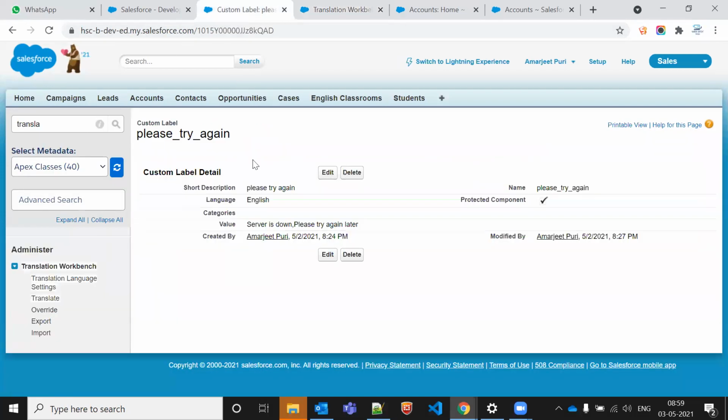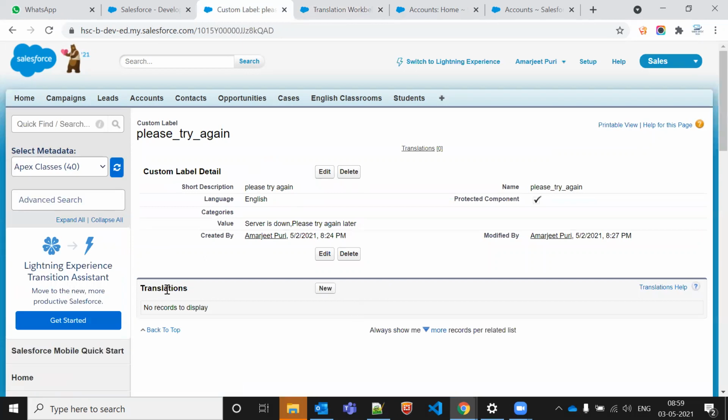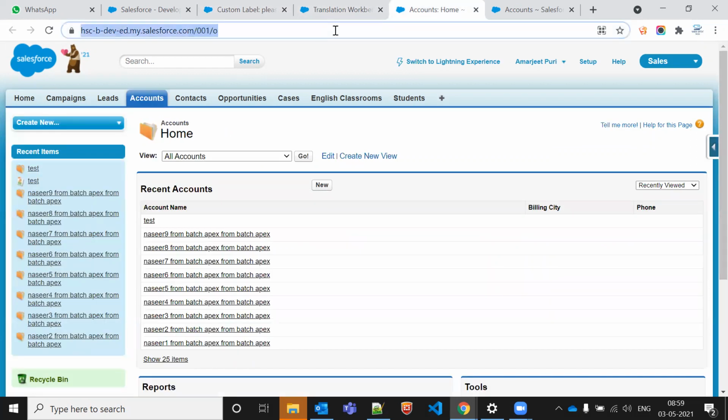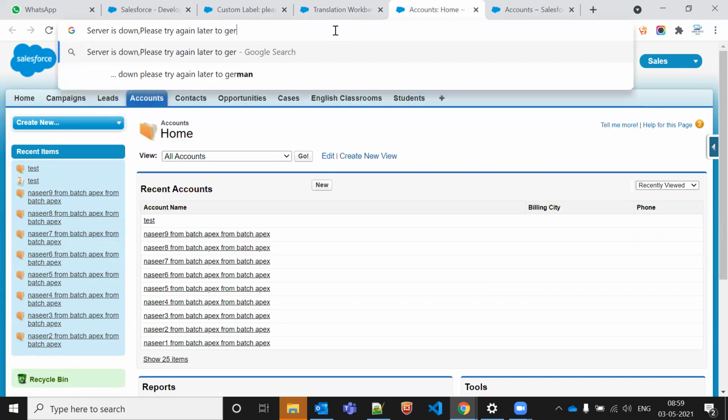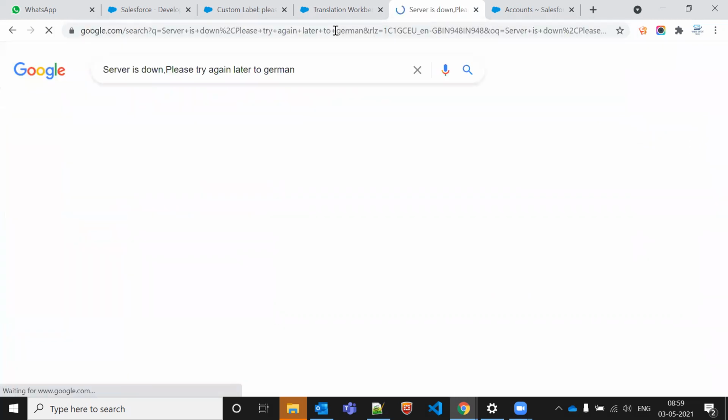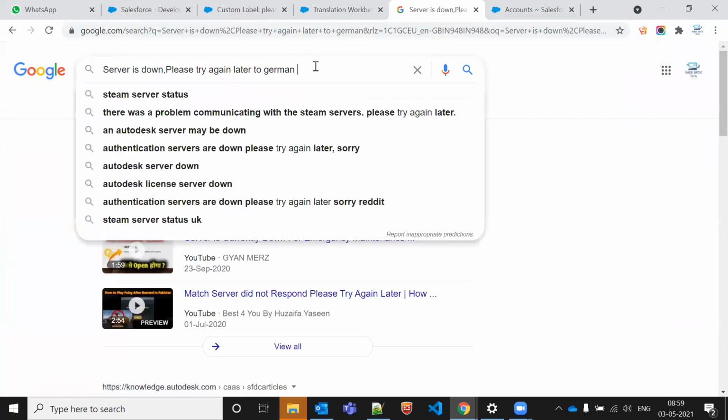And let's go to custom label now. Let me refresh. There is one more section, translation here. I'll do one thing. Let me copy this thing. Like this is a functionality. Automatically it won't come, but yes, translation you have to do to which language? It was German, right? German. Translation.